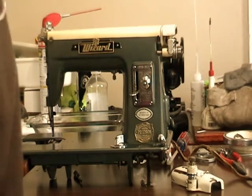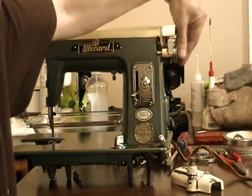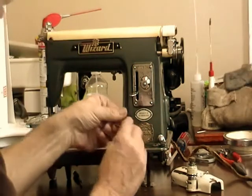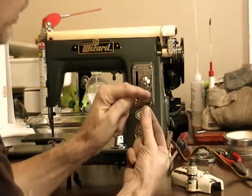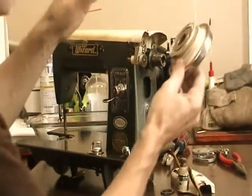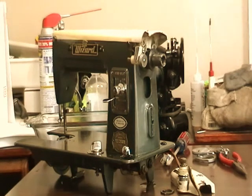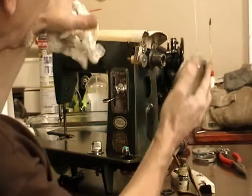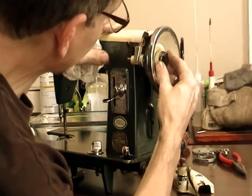So it's about ready to start putting it back together. First thing I'm going to put back on is the wheel. There's a ring here that fits into the little grooves in the end. So the wheel goes on, and the paint is coming off of the wheel, but I have to decide whether or not I want to just strip it all off or leave it. But anyway, the wheel goes on, the ring goes on after that,